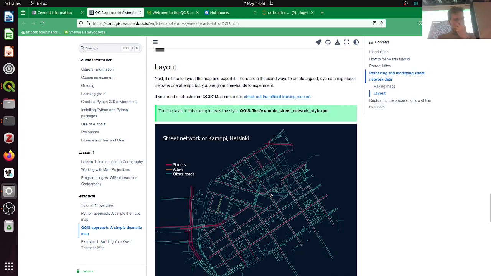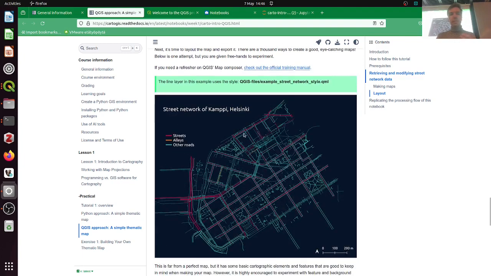And then there weren't too many point-to-point instructions on this layouting, because we encourage you to experiment on your own. Like if you see things that you don't like about this map, does the theme of it make sense to you? Is the visual hierarchy in place correctly? Is this title in a good place, or is it large enough, and stuff like that? Are the map elements that you would like to see in here? Is the text properly sized? All those types of things. So you can play around with them, because the point is to get you thinking of these things